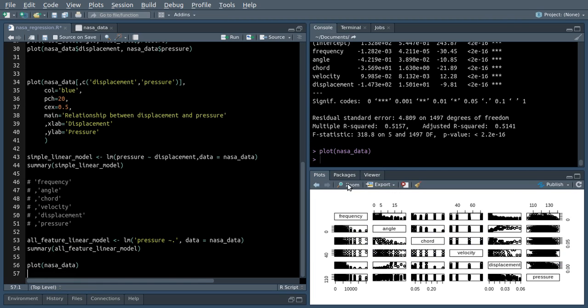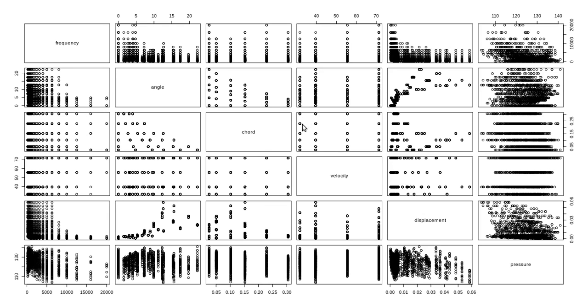If we look at this, you will see that for a given setting in chord, the angle doesn't go all over the place. There is some systematic variation in angle and chord, but those are independent variables, so we will not look at that. What we will look at is